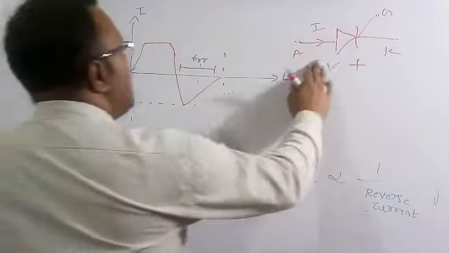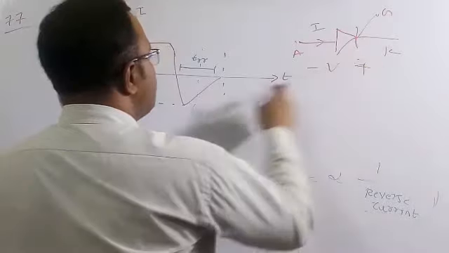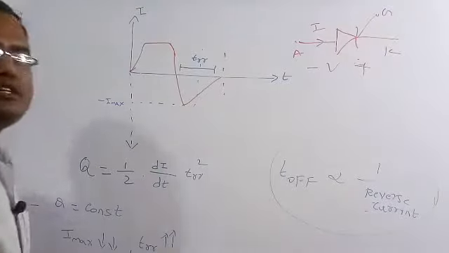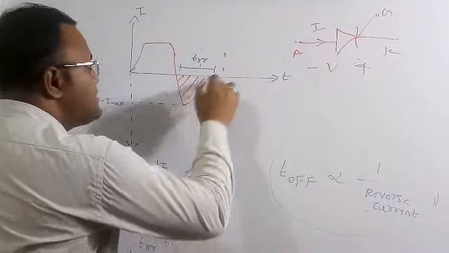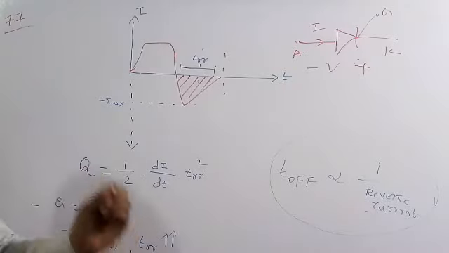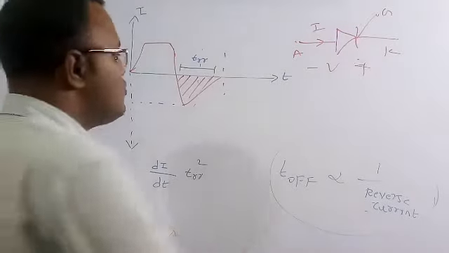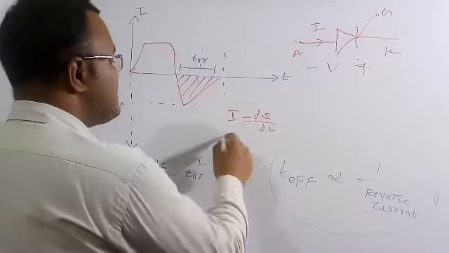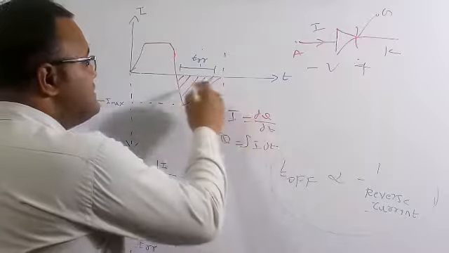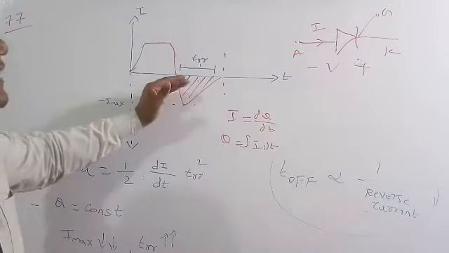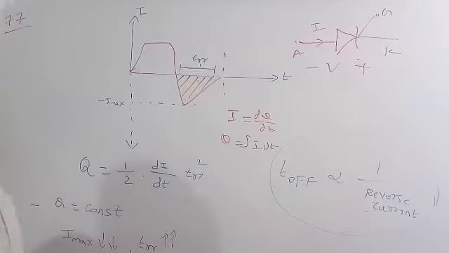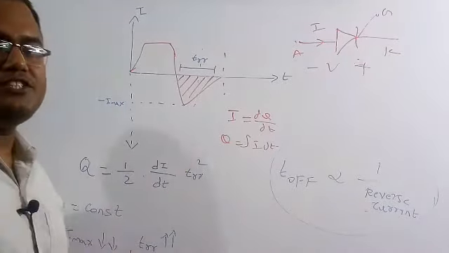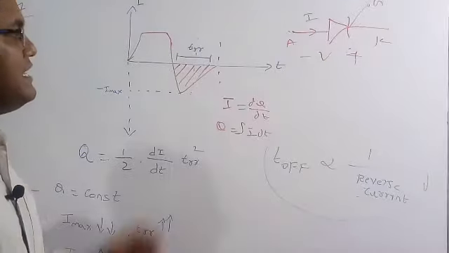So here I am going to keep this reverse bias voltage until the current becomes zero. This is our main aim. The area is the charge, which is the integration of the current, since i = dq/dt. So the area under this curve is the charge. How much charge is stored in the junctions when we keep the reverse bias voltage? That amount of charge we need to remove from the junctions.